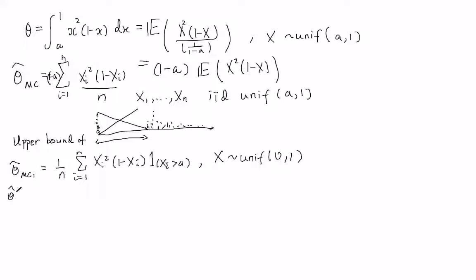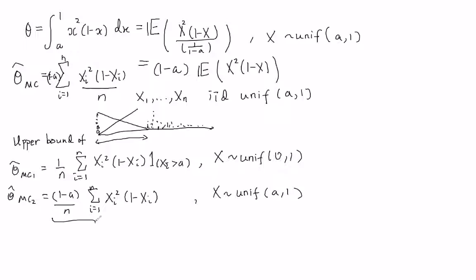The second one is this one, right? 1 minus A, and so your X is uniform A1, right? So they're drawn from different distributions, right? Okay, so